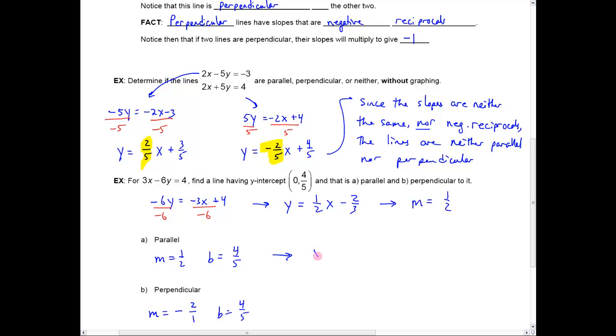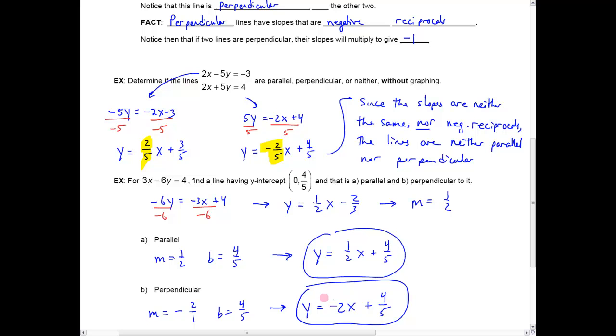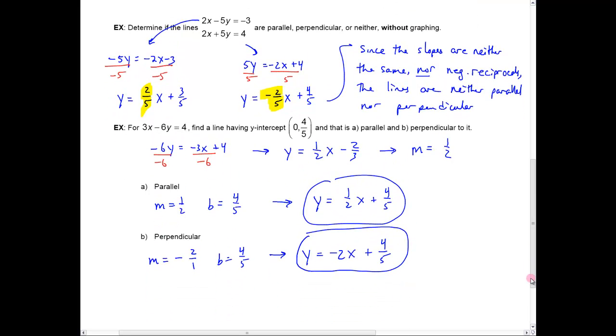So I have that my equation here, y equals 1/2 x plus 4/5. You can see that's going to be parallel to this line up here, and it's going to have the right y-intercept. And in this case, I'd get y equals -2x plus 4/5. So that has the slope that's going to make it perpendicular to it. It's the negative reciprocal, and that has the y-intercept. Okay,